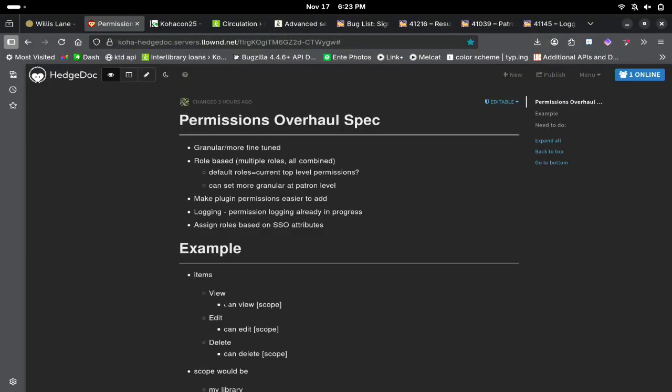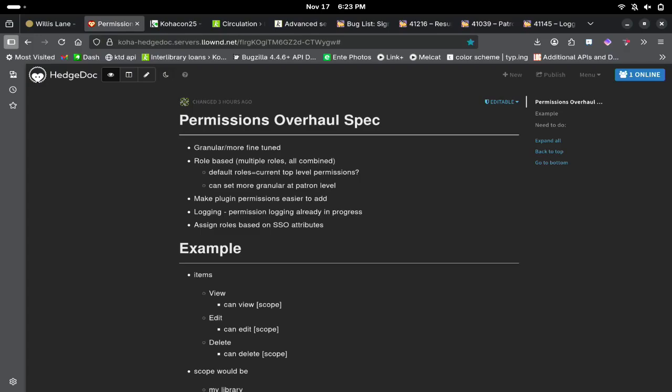So a couple weeks ago, I was talking to Martin at Open5th about a permissions bug that I don't even remember which one, but one I had been testing. And we started talking about how it would be great if we had a spec for a permissions overhaul, because that's been talked about for a long time in the community to do at Hackfest / finish at Hackfest,